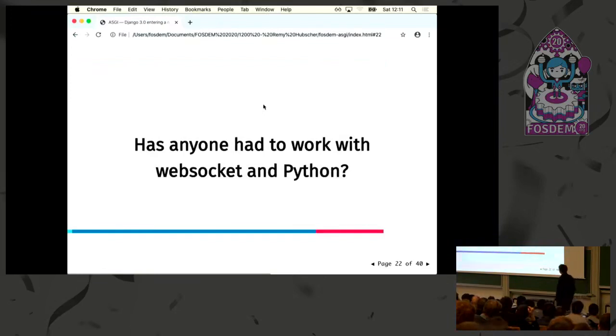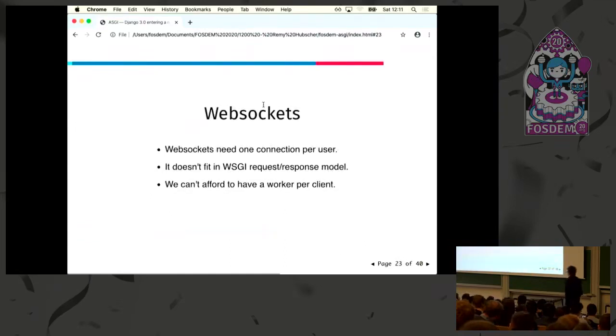Also, if you try to work with WebSocket and Python with WSGI, it's like, okay, so I have my WSGI server, and then I need to start another server for the WebSocket. Or I don't use WSGI. WebSocket is different because you've got one connection that stays for the duration of the session, and then you will have events.